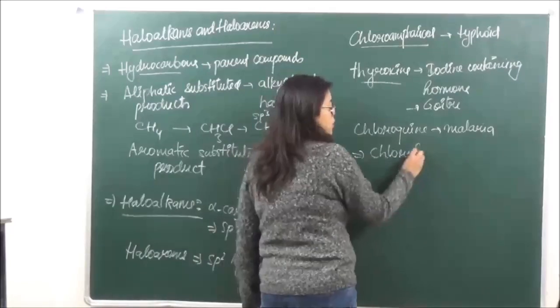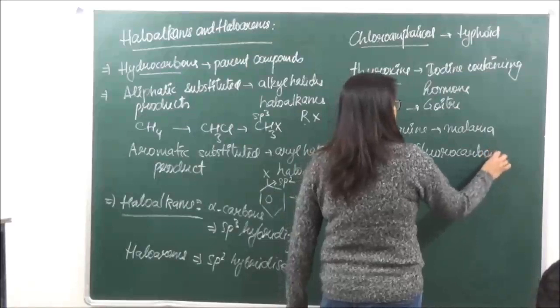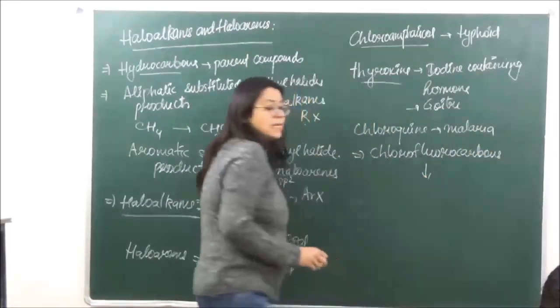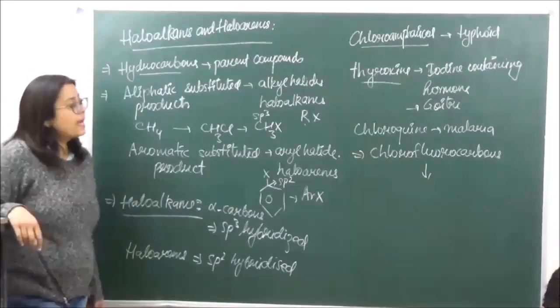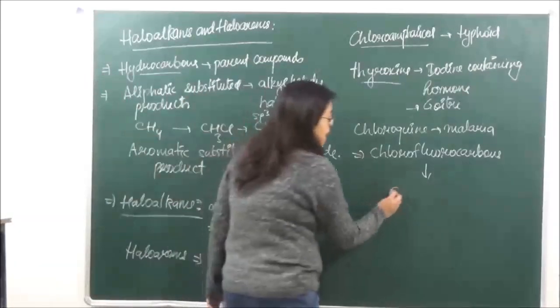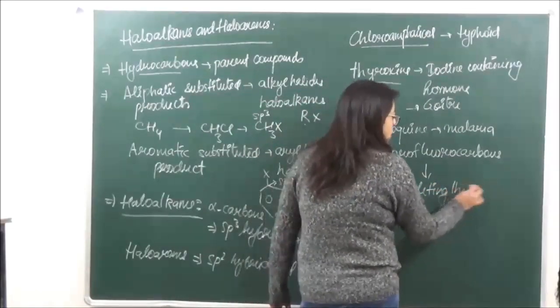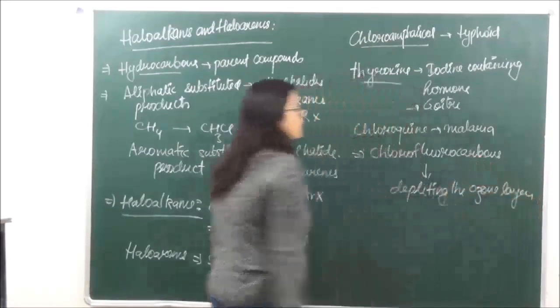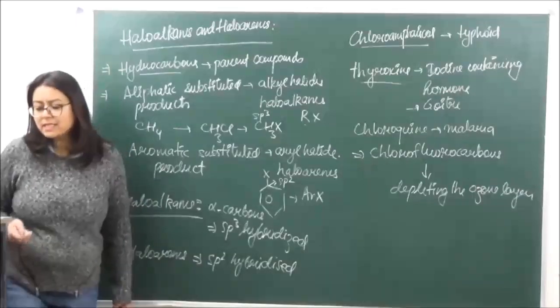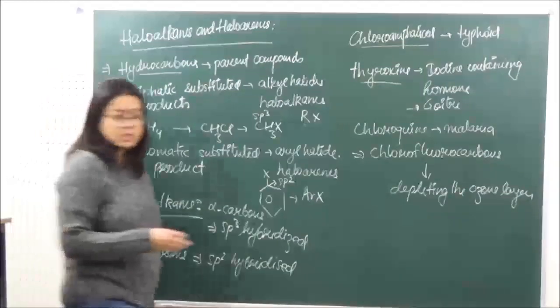kind of compounds which are known as chlorofluorocarbons. Now these chlorofluorocarbons, these are generally hazardous to the environment, as they are one of the major culprits in depleting the ozone layer, and they are generally found in refrigerants and ACs. Okay? Then there is another chlorofluorocarbon which is used in surgery as an anesthetic, which is